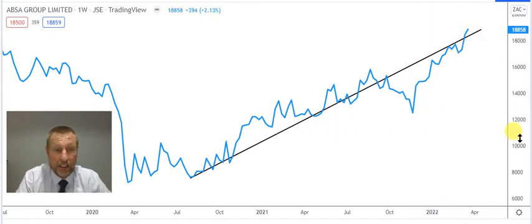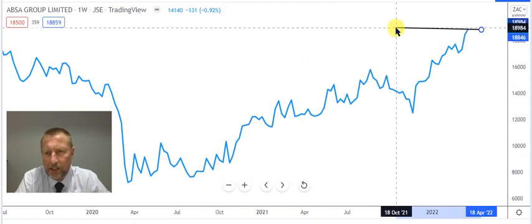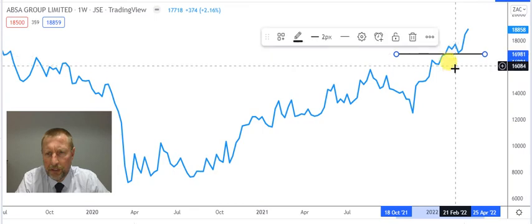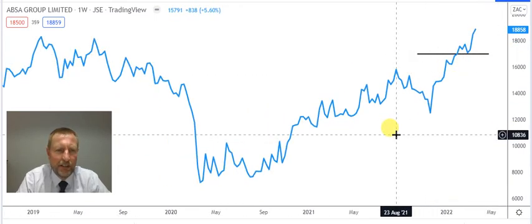Nice chart here. I will actually say it's maybe a little late to buy again, because the chart had a beautiful rally. But if you are a momentum trader, like everybody nowadays is a momentum trader, there you are. I will maybe make use of a stop loss of 170.60, and this chart can easily go